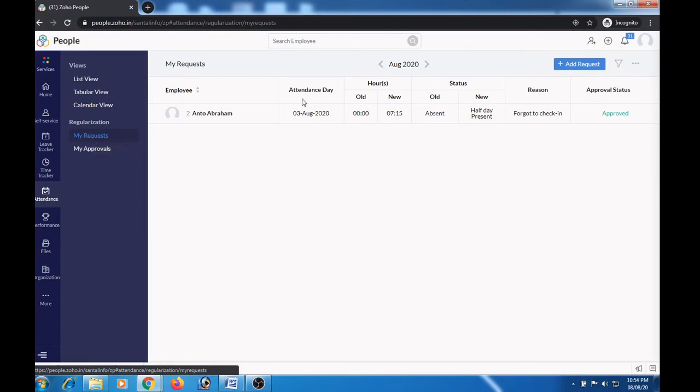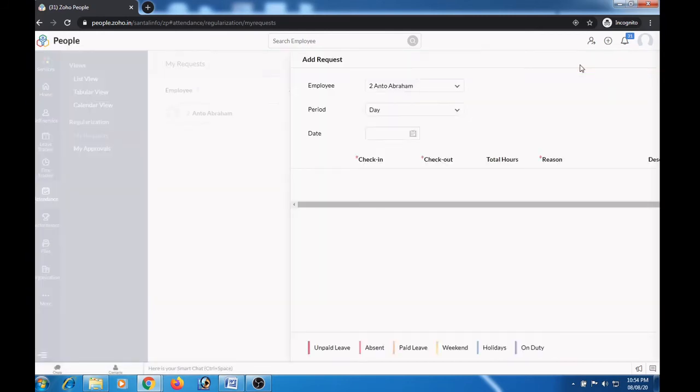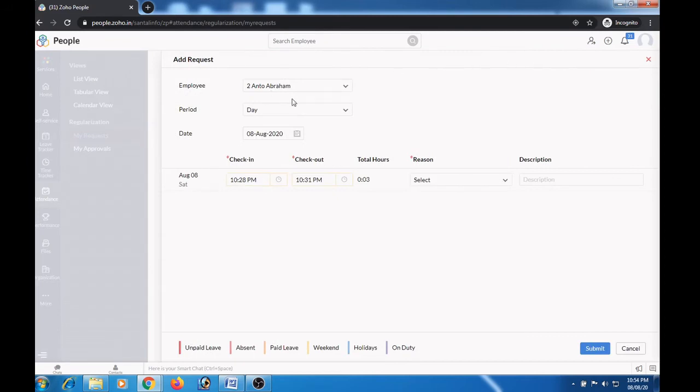Go to my request, click the add request button. Here the employee can mention the date on which he needs the regularization and check-in time he can mention here. Suppose he wants to change this time as 8:28 AM, select the time here and he can select the reason here.